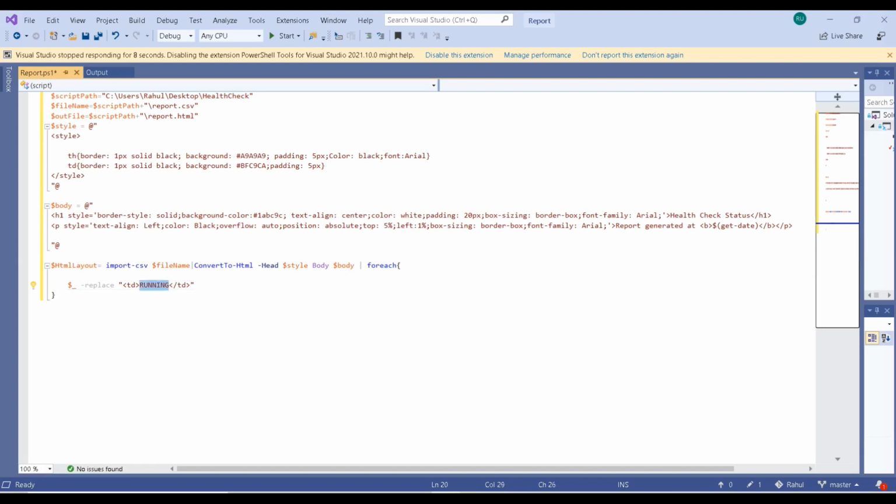Wherever inside these HTML values or tags it finds this TD running and the closing TD, it has to replace that with a background color. So we have to replace that with a TD, and we need to give a style for that. For that particular cell I need to give a style. What should be the style? I need to give a